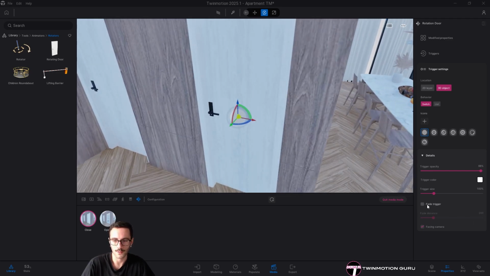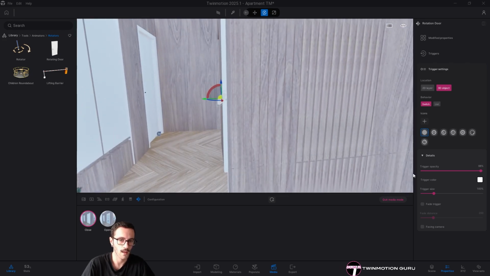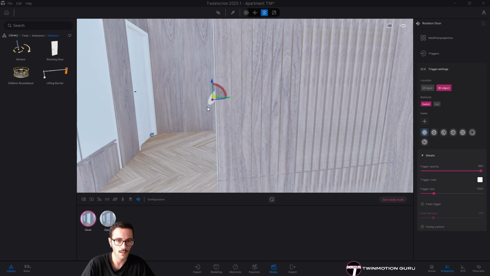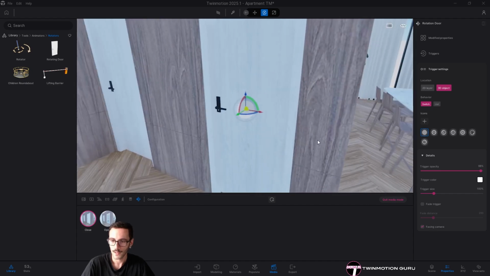But for now, I just don't care about it. Or at least we can activate the command to face the camera. So as you can see, now with the button disabled, the icon is not following me. I always let it on.